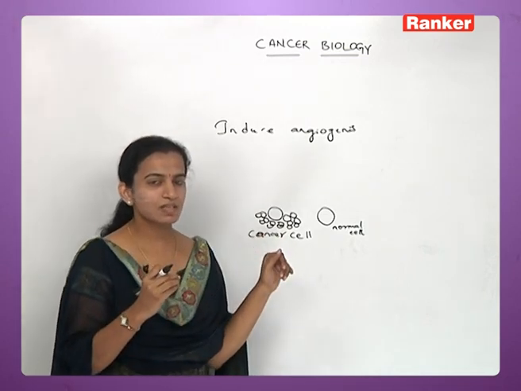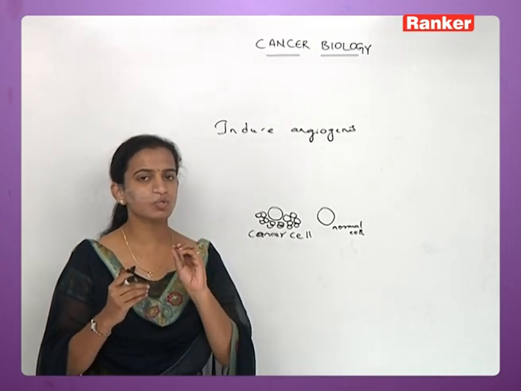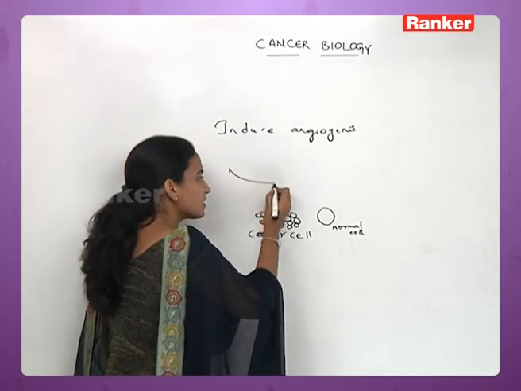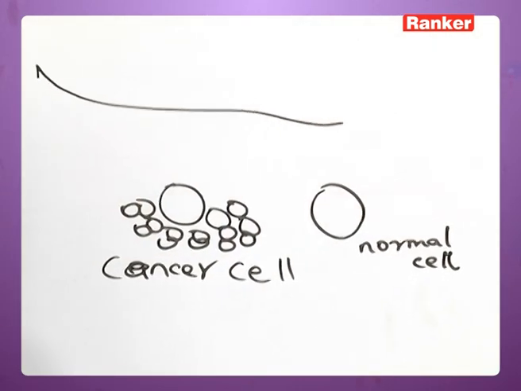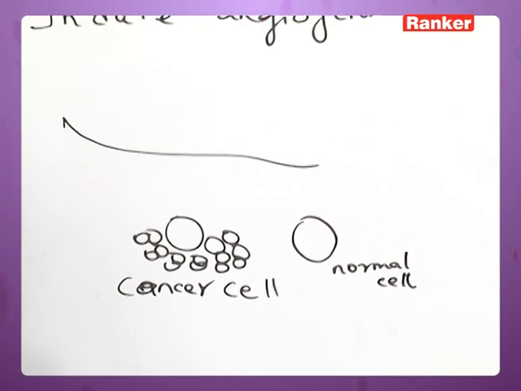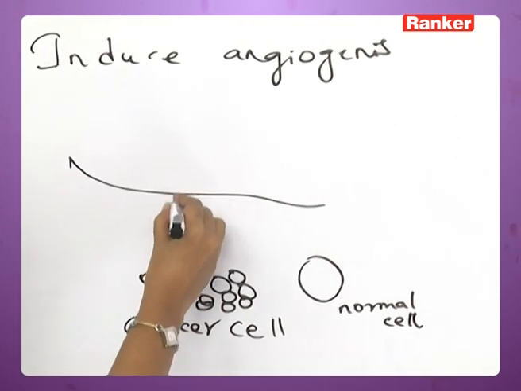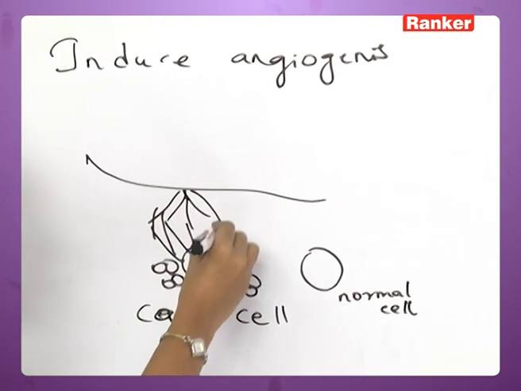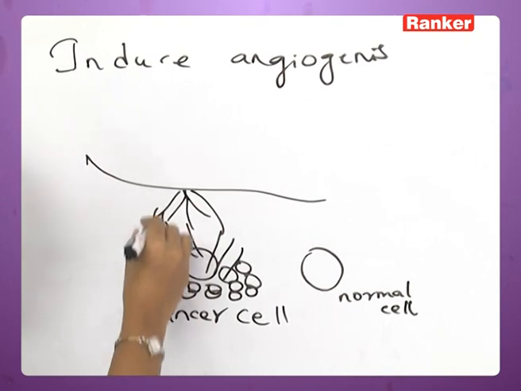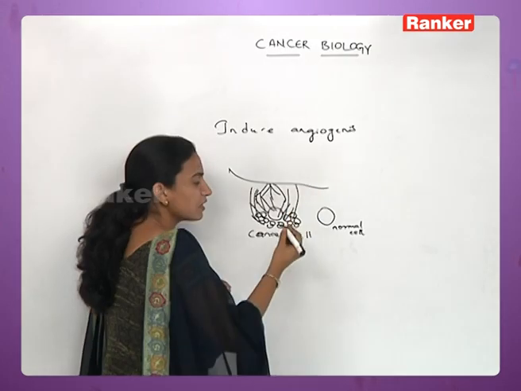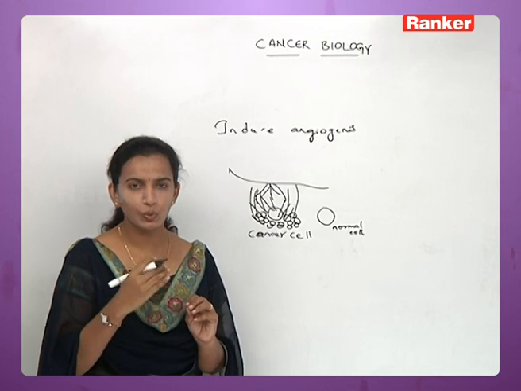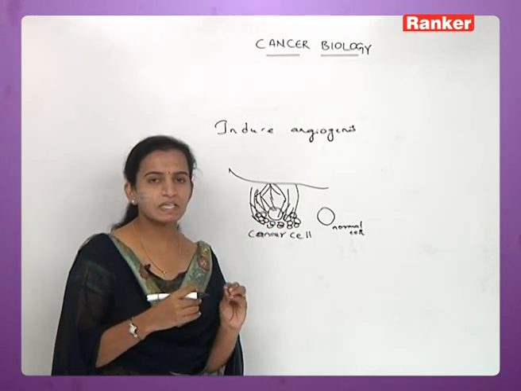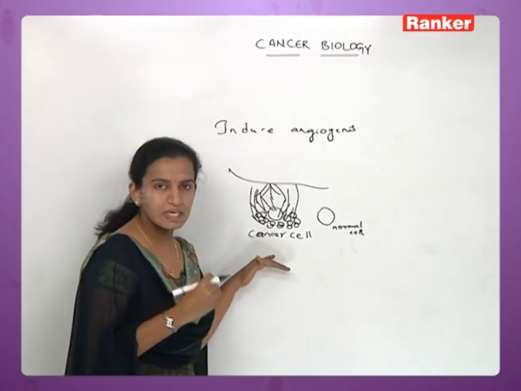We already said that blood vessels are attracted to the place where the division is taking place. So if a blood vessel is passing from here, whatever nutrients are present in the blood vessels will start giving out capillaries here, and all the nutrients will enter into this division itself. So wherever the division is taking place, there the blood vessels are tremendously growing, and whatever nutrients are present in the blood vessels are taken by the capillaries and provided to the cancer cell.